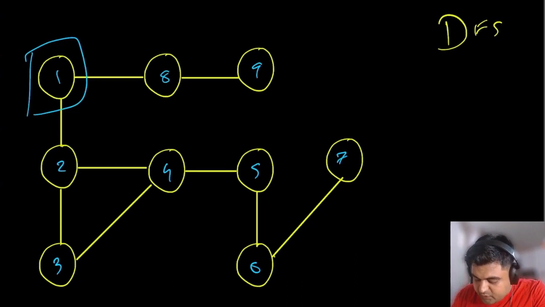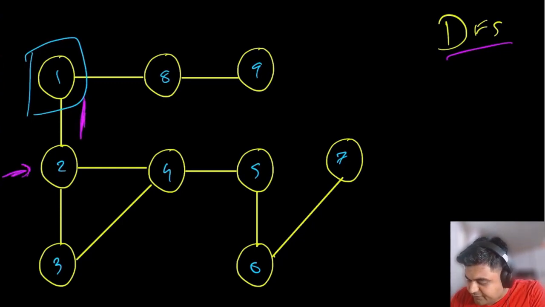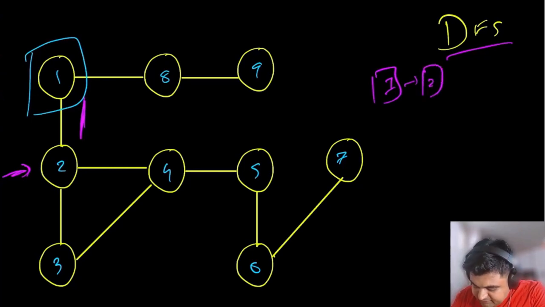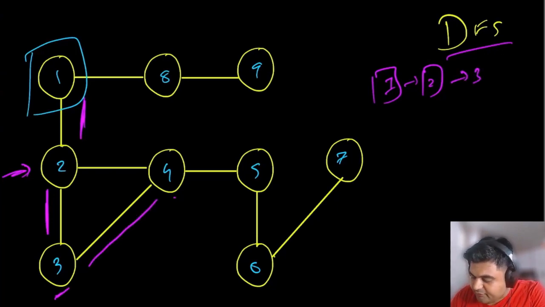Now from this node number 1, who are the neighbors of node number 1? The first neighbor is 8 and the second neighbor is 2. We can pick any branch and keep on moving in that direction, in a depth first search manner. So say, for example, we move in this direction. First we visit node number 1, then we visit node number 2, and then we keep on repeating the same thing. Even node number 2 has 2 neighbors, the first is node number 3 and the second is node number 4. So let's say we visit node number 3, and next we visit node number 4.